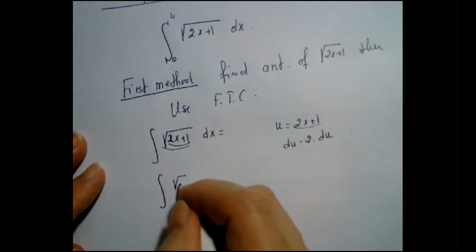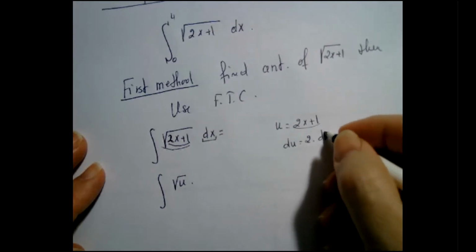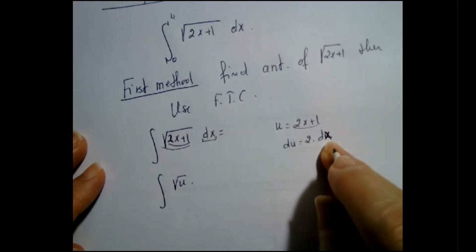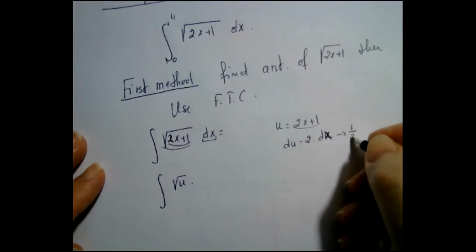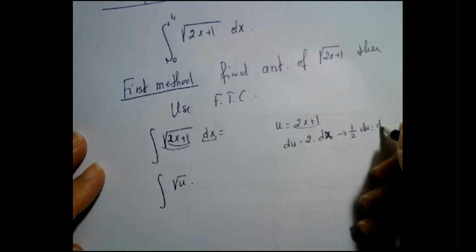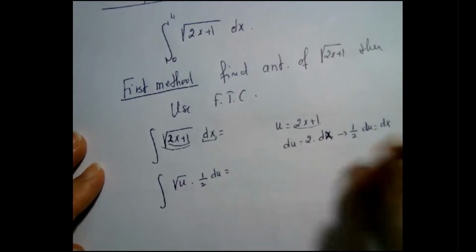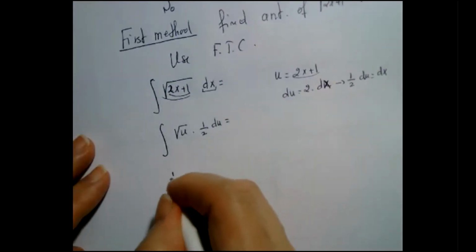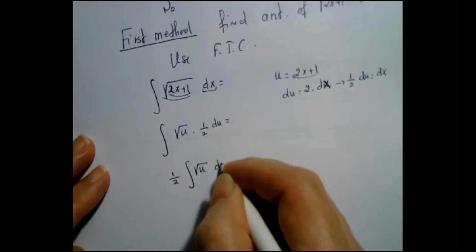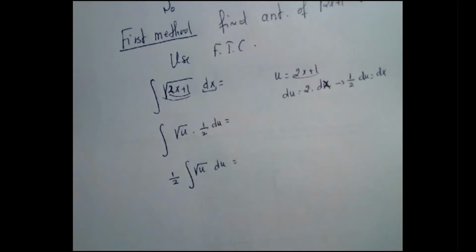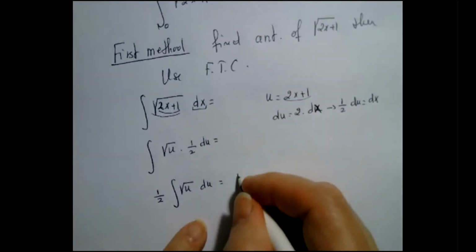This will become the square root of u. dx, I don't have it. Oh, my apology, I don't have dx here. I want to substitute dx in terms of du, so I have to divide by 2 to be able to do that. And then dx would become a half du. And this would be a half, I can take it out. And this would be the square root of u du. Mind you, I'm still working to find the antiderivative. So first I'm finding the antiderivative. That's equal to